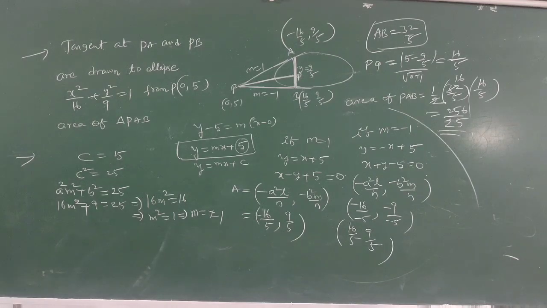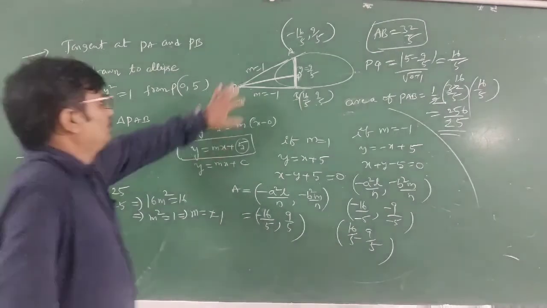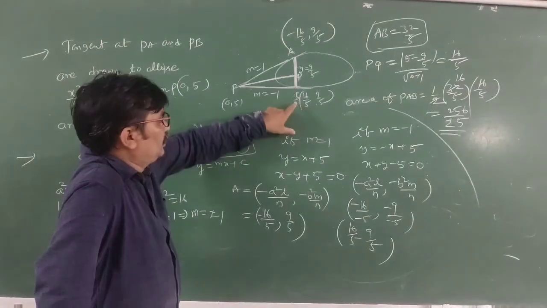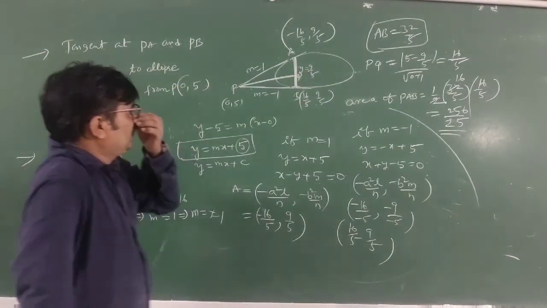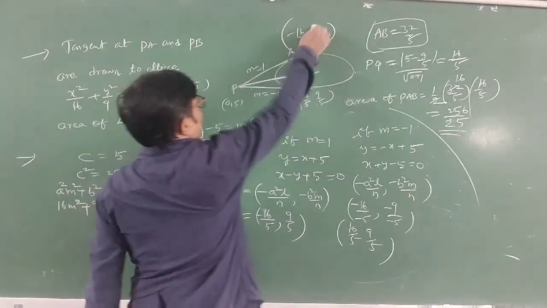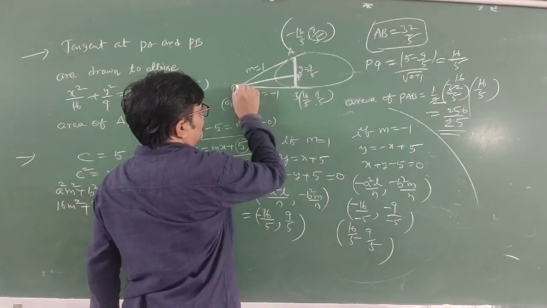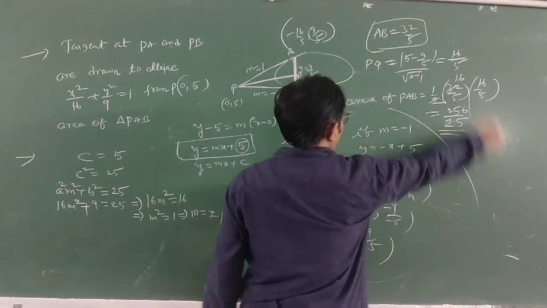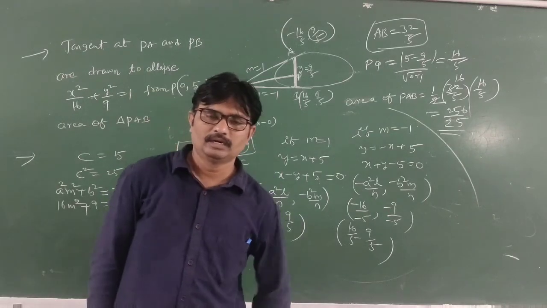How do we complete this? We take m equals plus or minus 1. When we take m equals 1, we got point A. When we take m equals minus 1, we got point B. The distance AB is 32 by 5. After that, the y coordinates are equal, so this is the line y equals 9 by 5. We have to find the distance from P to the line, which is 16 by 5. Half base into height. Okay students, this is today's lesson.